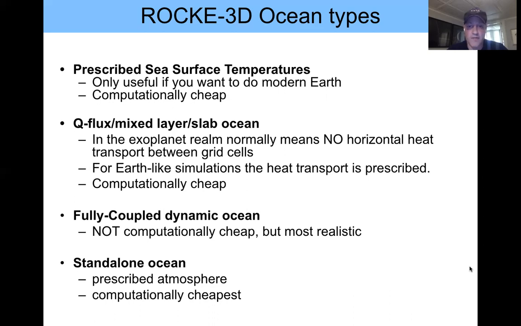And finally, the fourth option that we have, at the opposite of the spectrum, is the standalone ocean, where you're just using the ocean module of ROCKE-3D with a prescribed atmosphere. This is useful if you're only interested in the ocean, or if you're trying to debug something with the ocean. For Earth, we're using the CORE files. It's a series of files that simulates the atmosphere at the top of the ocean. It's basically the temperature and salinity at the surface of the ocean, the wind speed at the surface of the ocean, the radiation,